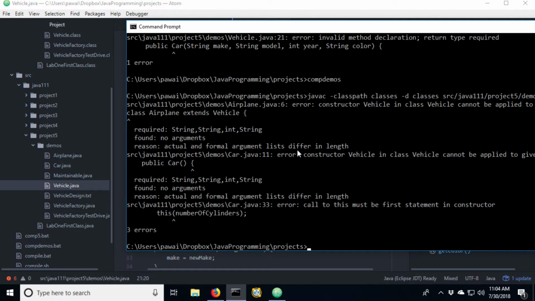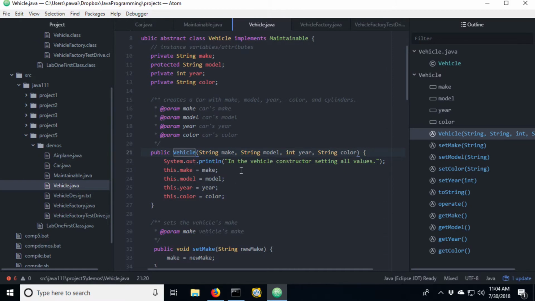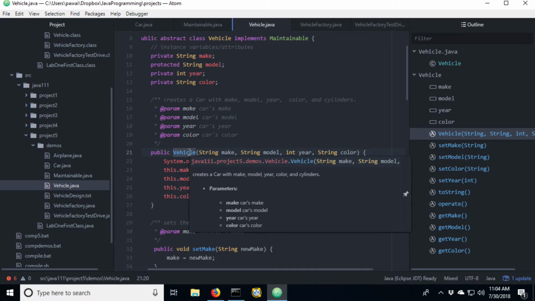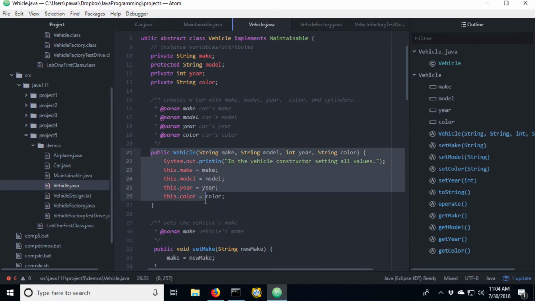So what's going on here? Well, what's happening is that I don't have a no argument constructor here in vehicle anymore, right? Because as soon as I overloaded the vehicle constructor, the compiler is not creating a no argument constructor for me. And behind the scenes, that's being used, right? Whenever I create an airplane, this vehicle constructor would get called just like with the car.